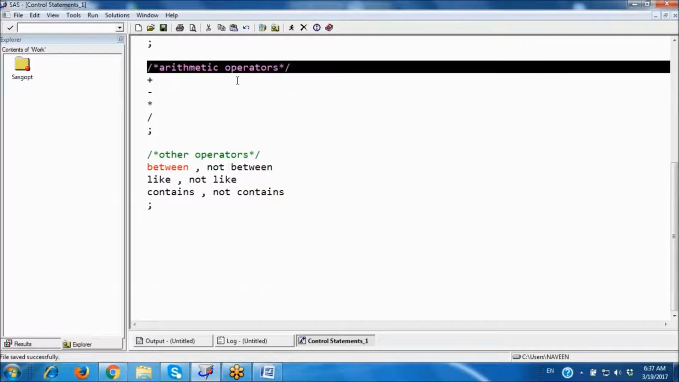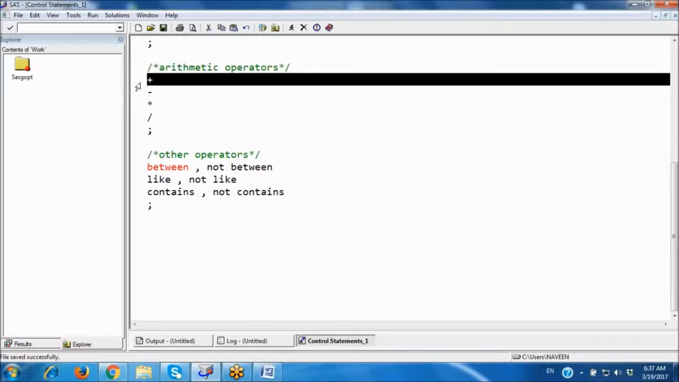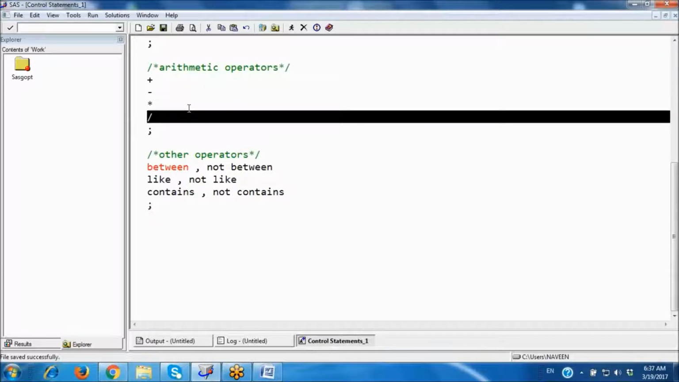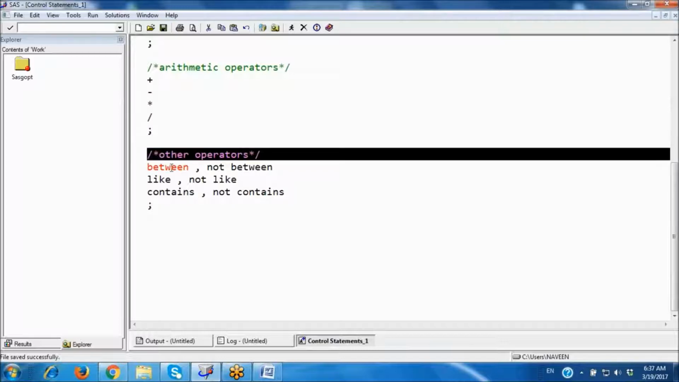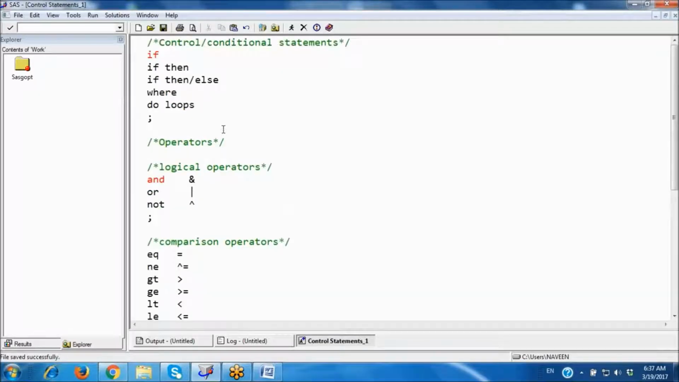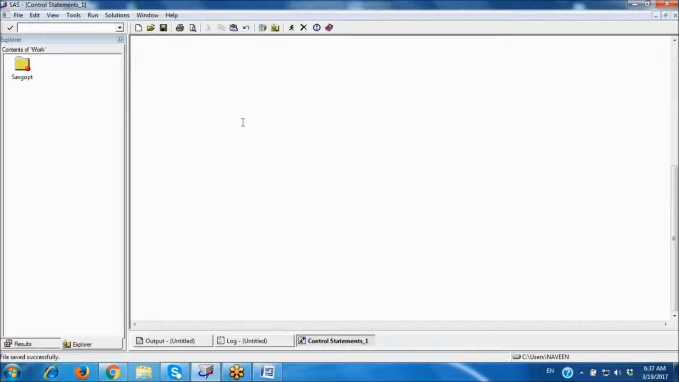Next, arithmetic operators: addition, subtraction, division, multiplication. Next, other operators: between, not between, like, not like, contains, not contains. These are the other operators. Control statements. Okay, first of all,